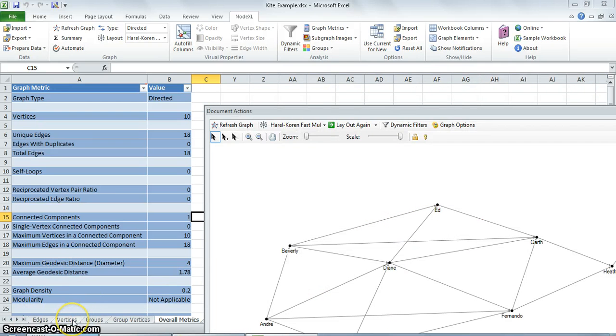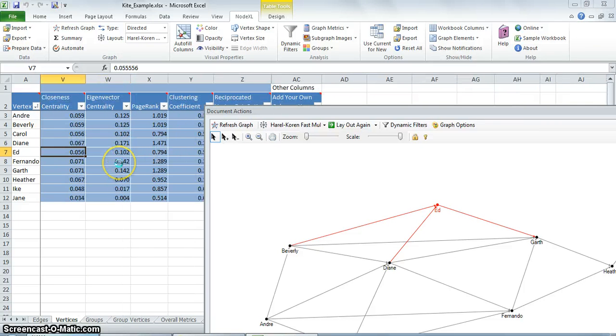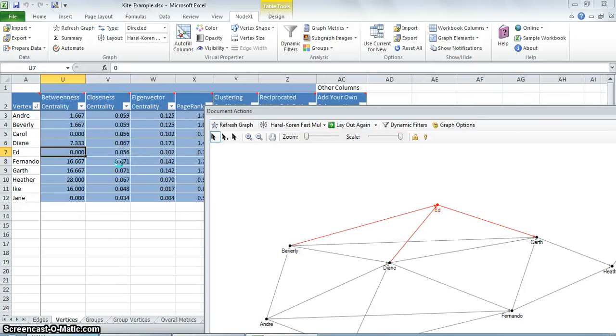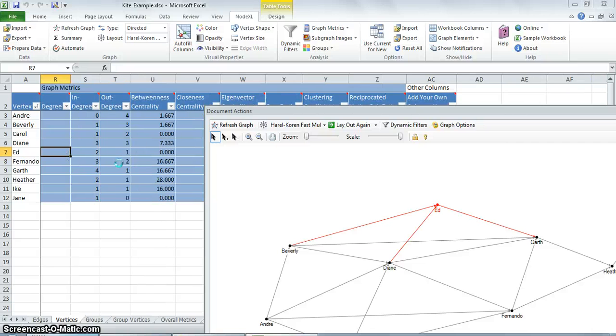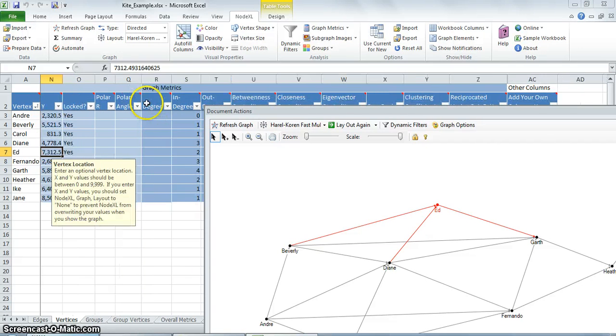Let's now have a look at the vertex metrics. This is visible in the vertices worksheet. As you can see, the graph metrics are visible over here.